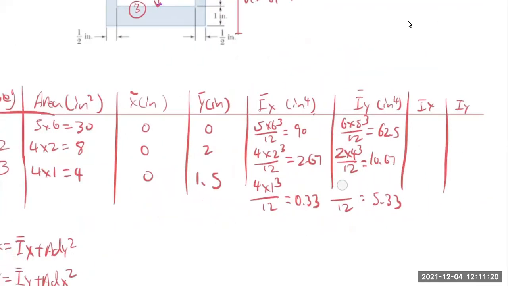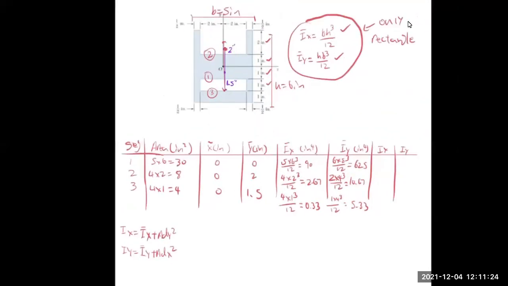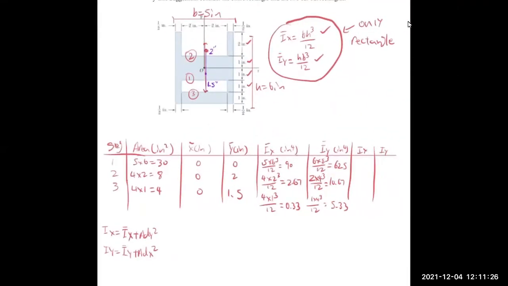Ix bar is 4. Okay. And then once you find the Ix bar and Iy bar, now you can compute Ix and Iy